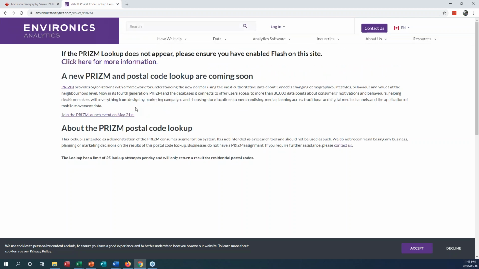You can see here, if you came to this website, something that's really cool is they're actually updating Prism, because right now it uses a program called Flash, which will be discontinued in December. So for now, Prism works really well in Google Chrome. After December, it's going to look a little different, but they're actually doing a launch event on May 21st, a webinar about the new Prism,